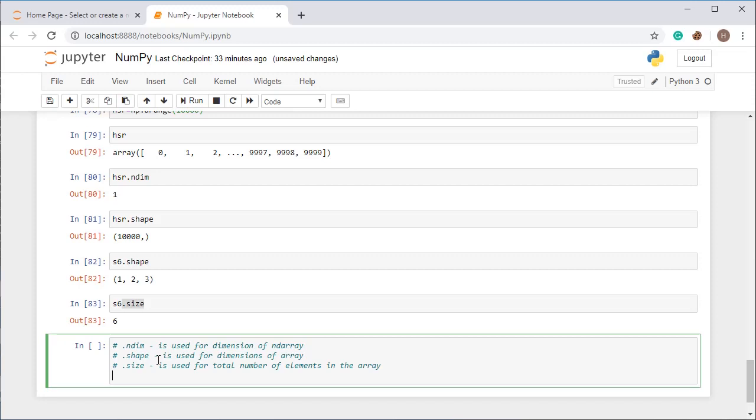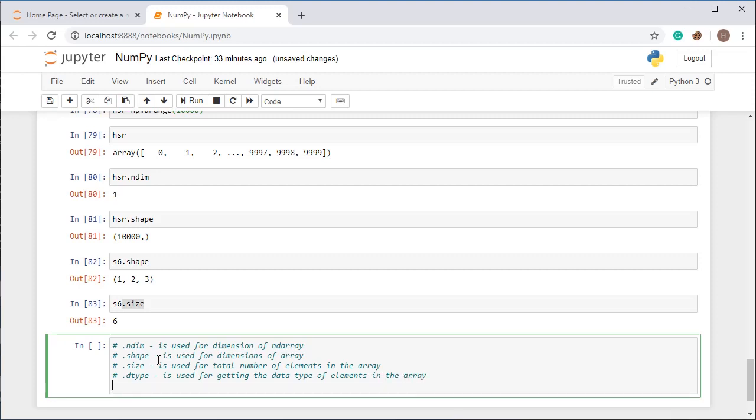All right, and .dtype is used for getting the data type of elements in the array.